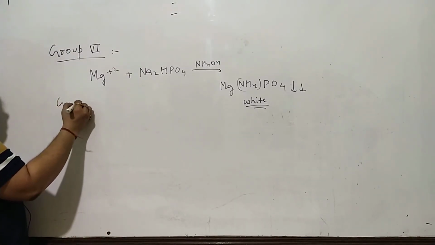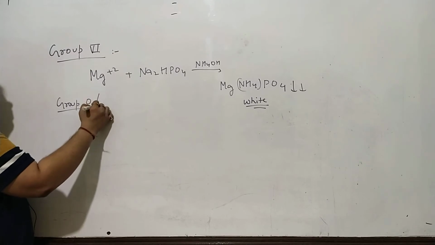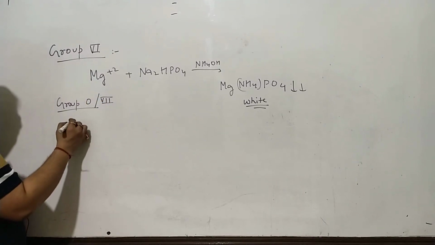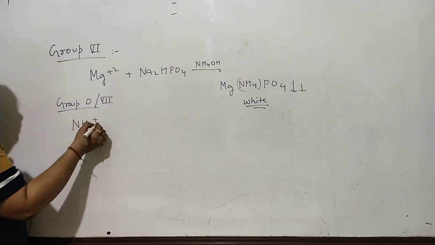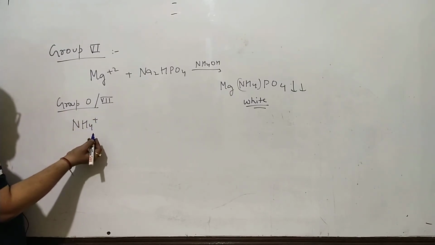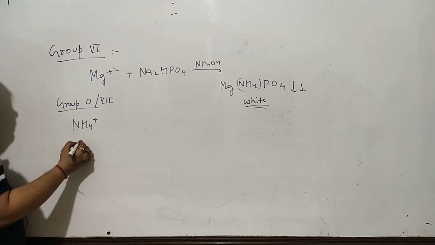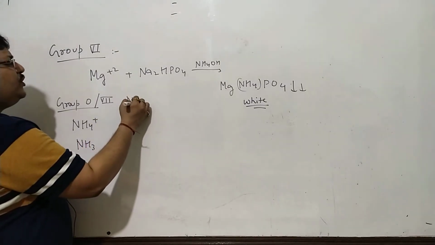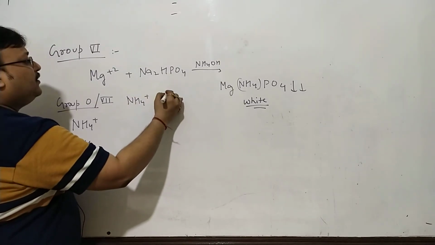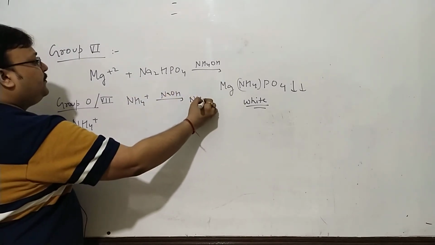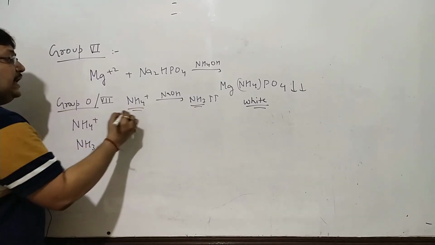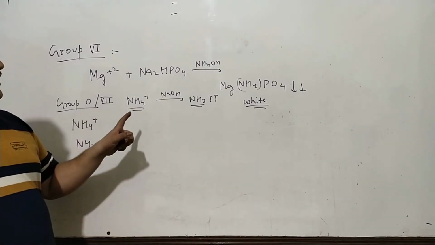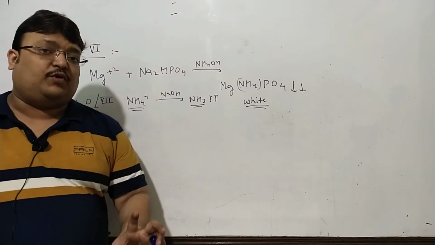Last but not the least is group 0. जिसको हम लोग group 7b बोलते हैं. ग्रुप 0 ज़्यादा पॉपुलर है, जिसमें यू हैव एन अमोनियम सॉल्ट. अमोनियम कुड बी अ रैडिकल, a cationic radical as well. There could be an ammonium salt, and for both ammonium and ammonia, if it's an ammonium salt, with an alkali it will give you ammonia. Must have told you. Any ammonium salt with any alkali will give you ammonia. This is the rule.